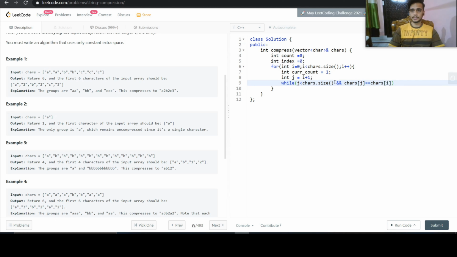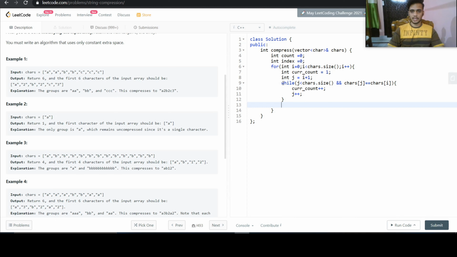So while it is equal, here we will just do current count plus plus, which will give the count of these characters. For this case, it will loop once and then the current count will become 2. Also, we need to do j plus plus here to move it further.